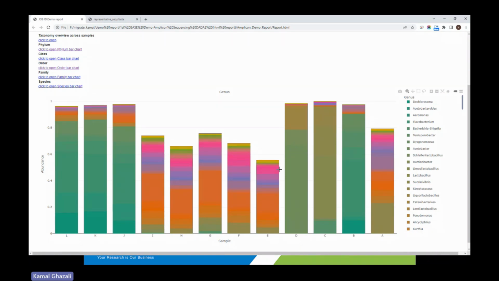For example, if you move your mouse over the green color, you can see that this sample is matched to Lactobacillus, and the abundance is about 0.10. Okay, apart from that, we also have